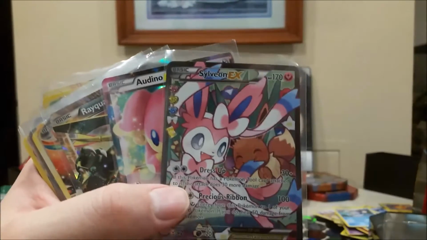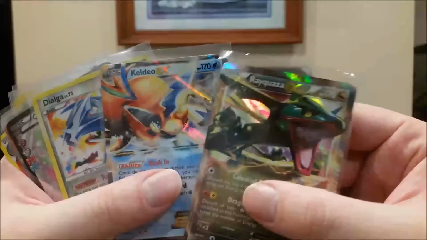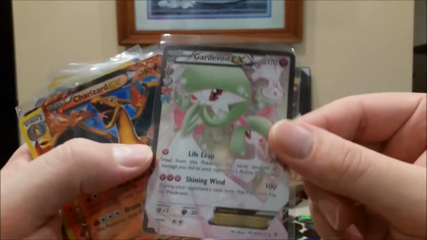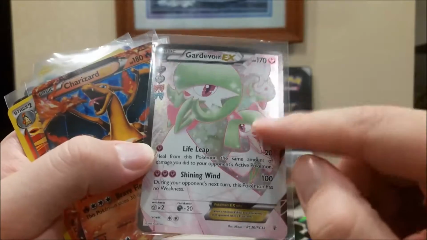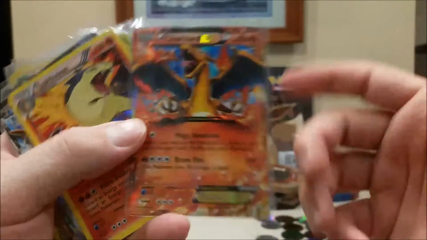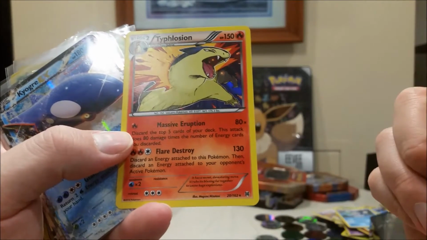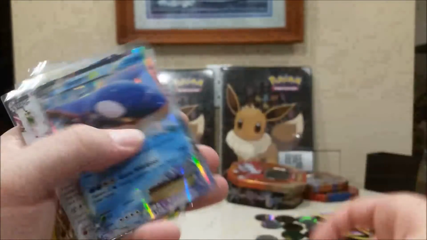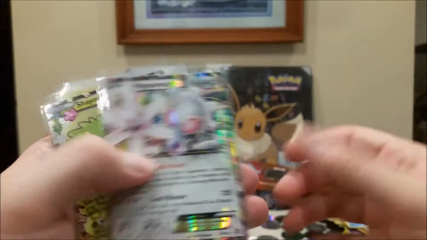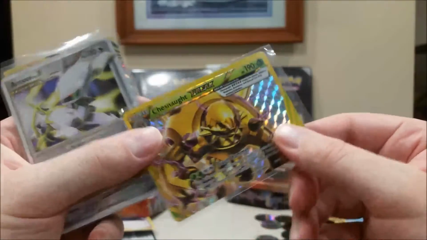We got ourselves a Sylveon EX, Audino, Rayquaza versus Keldeo promos, or cards that come with it. Random Delgaia, Gardevoir EX with the, you know, cute little Radiant Collection kind of deal in the background here. You got all the guys. Charizard you've seen earlier, Typhlosion, which I'd really like to see this massive eruption and Flare Destroy deck be a thing. Let's see, we got ourselves a Big Fish, Magirna, Shaman, Chestnut Break, which I'll be trading to my friend